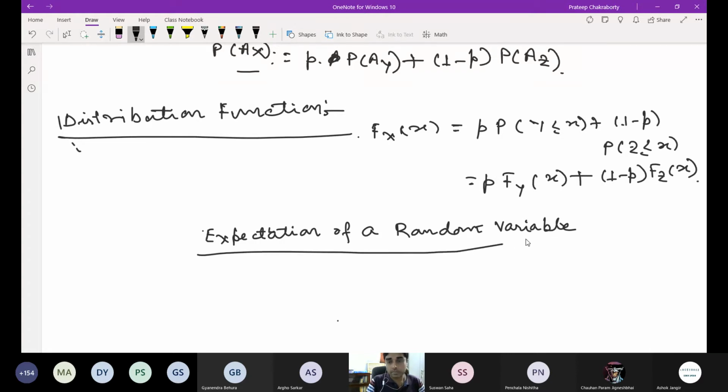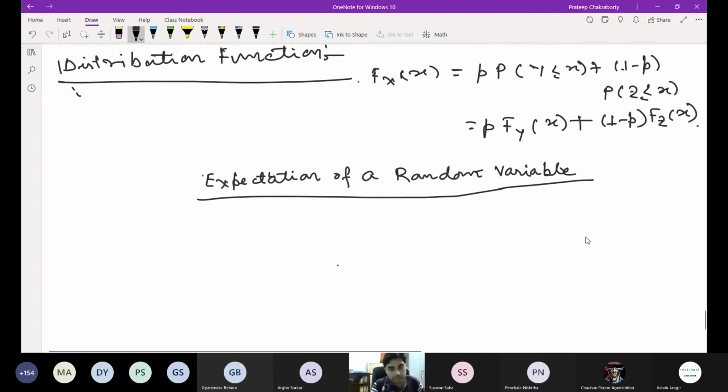We start with an example, then we'll come to the definition. The terminology of expectation or the expected value has its origin in games of chance. Again, all these things started with games of chance. So the example is that